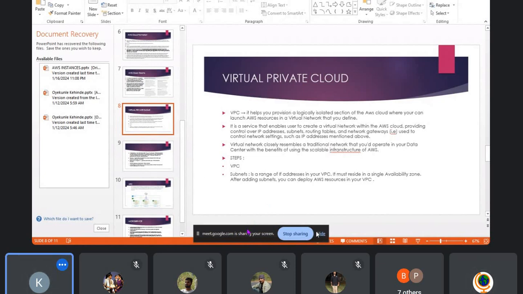He asked me to create VPC and subnet. I checked VPC, and VPC helps provision a logically isolated section on the AWS cloud where you can launch resources. Maybe your network is poor. Your voice is not coming properly. Let me check. Is it clear now? Yeah, let's see. Go ahead. So VPC is a service that enables users to create a virtual network within AWS cloud, providing control by